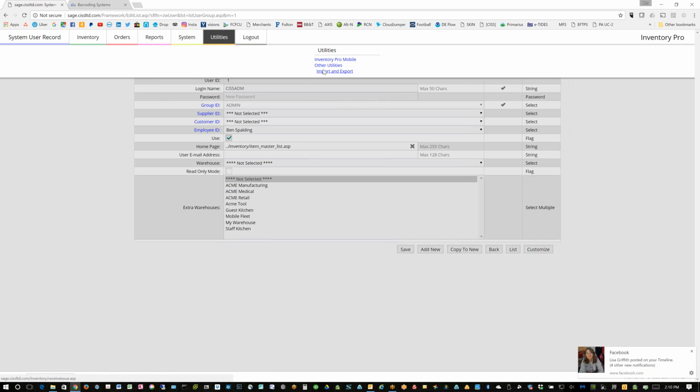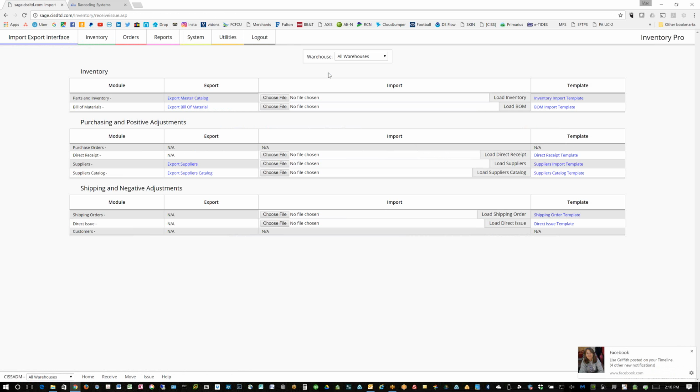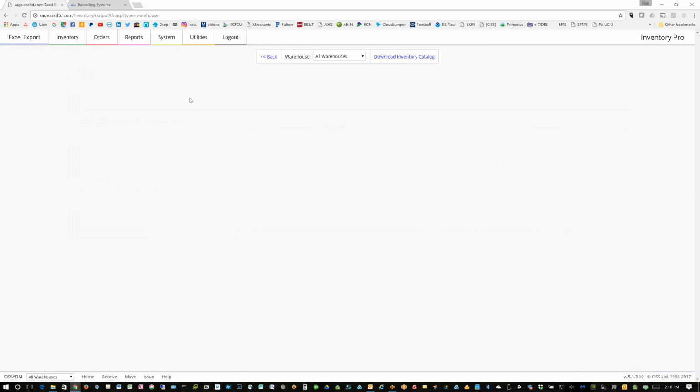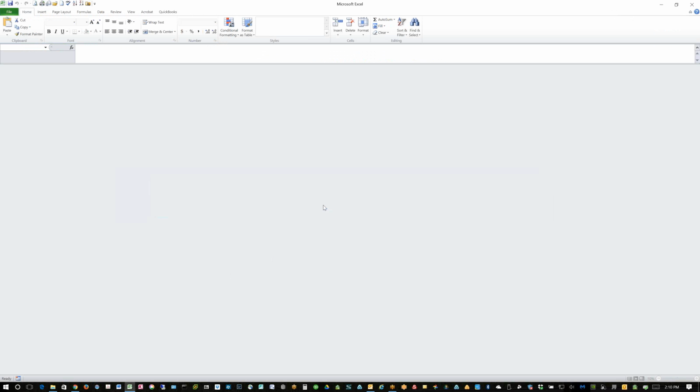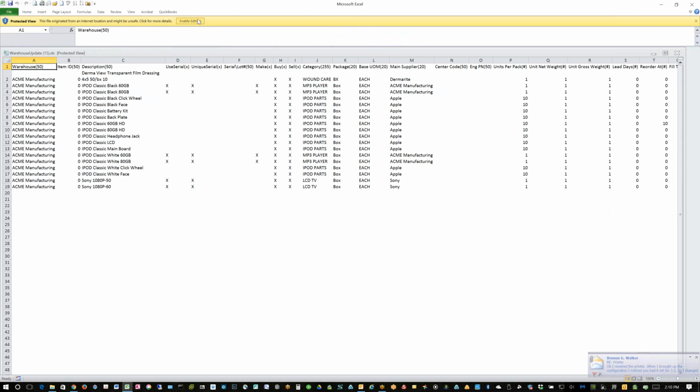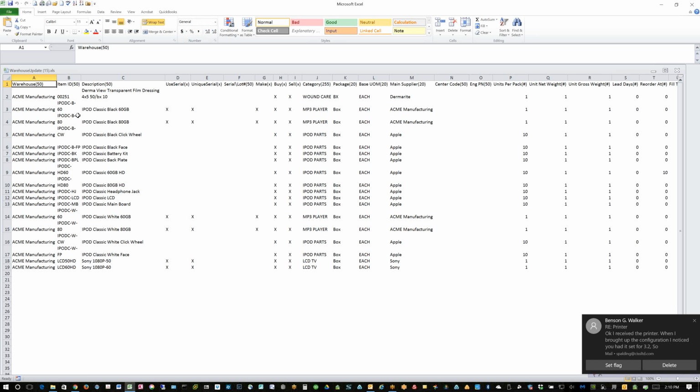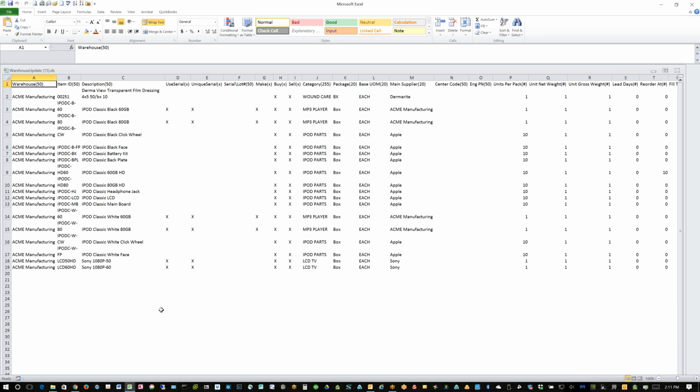So there's also import-export utilities. So if you needed to import a catalog from a supplier or more items for some reason, you can do it through Excel. I'll just export this warehouse's inventory. So basically, I just exported the Acme Manufacturing inventory list out,